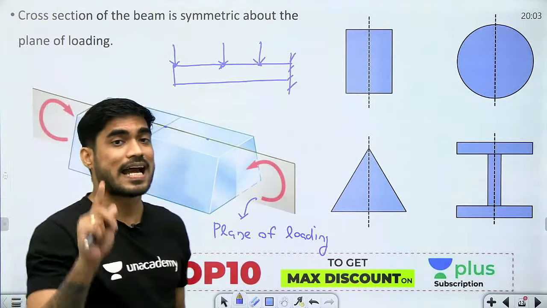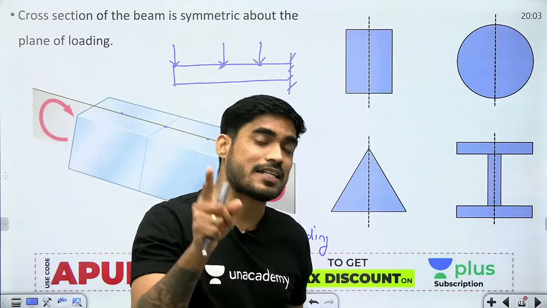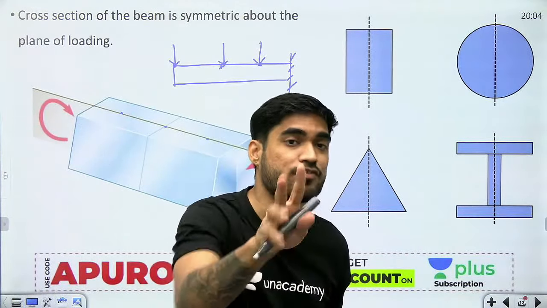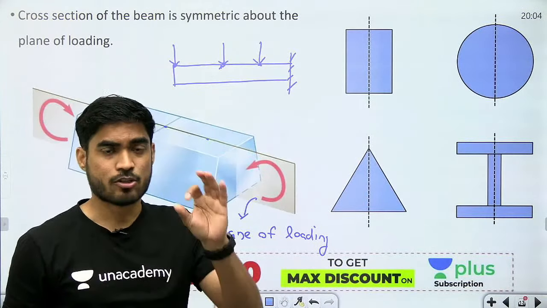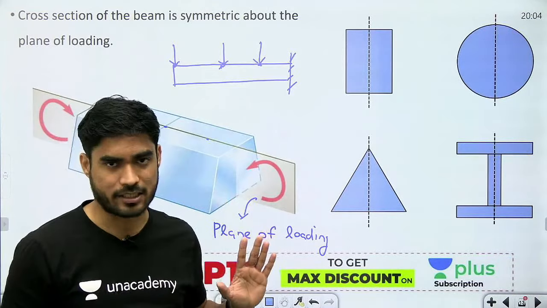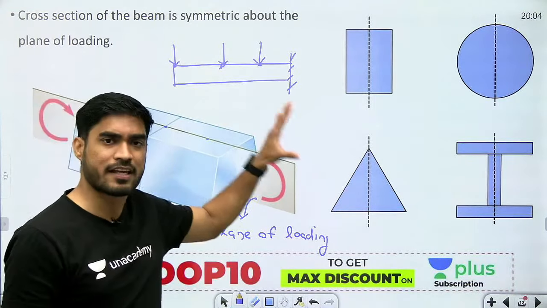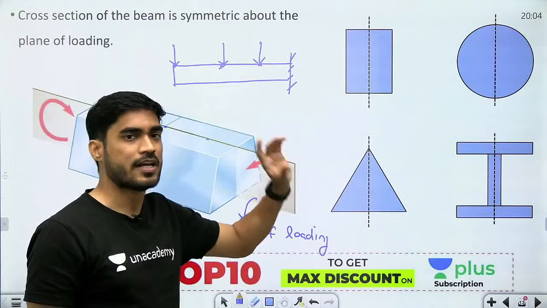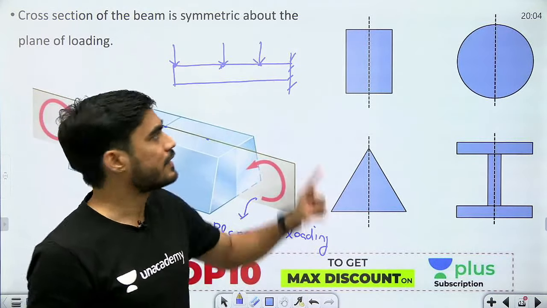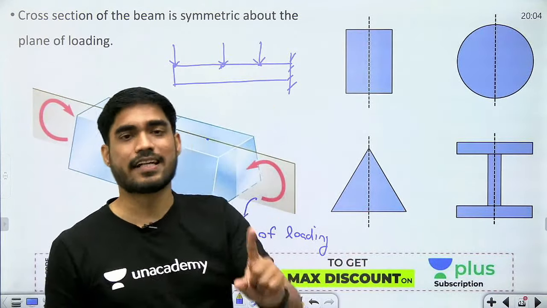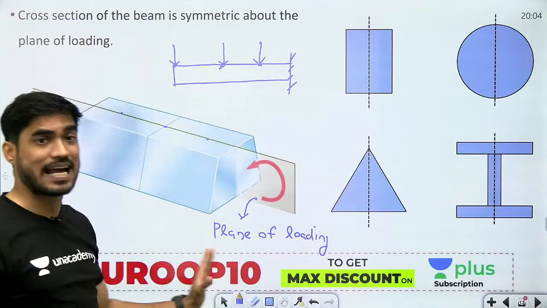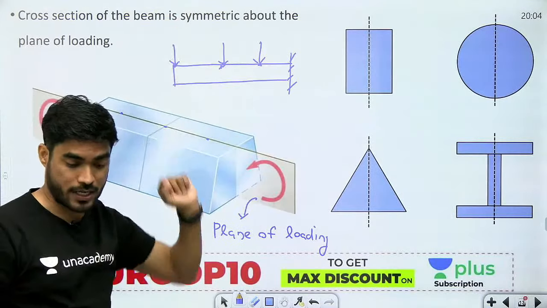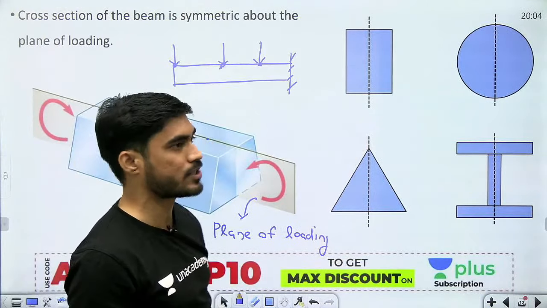क्यों इंपॉर्टेंट है, that I will explain when I will explain the concept of shear center, ठीक है. We will relate this concept with shear center, okay. तो अभी मैं समझाऊंगा, you will not understand. Even if I try to explain it right now, you will not understand. But remember, this assumption is related to shear center, and when I explain shear center, I will explain this entire concept कि ये assumption क्यों जरूरी है. Okay, so do you understand this assumption?